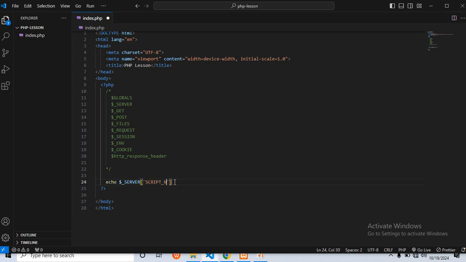We also have what's called the REQUEST_URI. This will give us access to the full address, that is the URL of the page that we are accessing, which is this. Now there is so much other information here, but you can see them in the official PHP